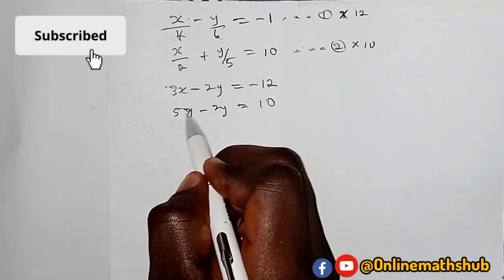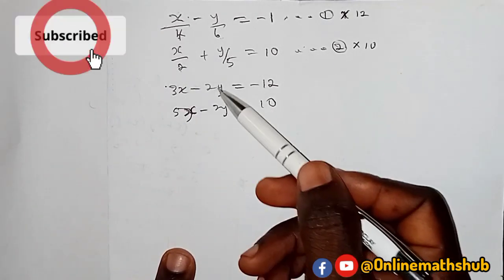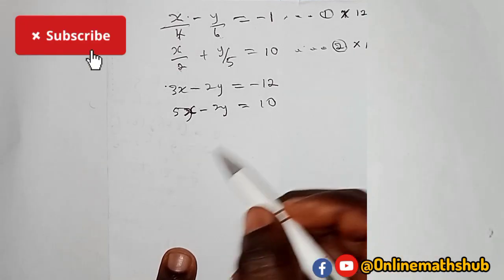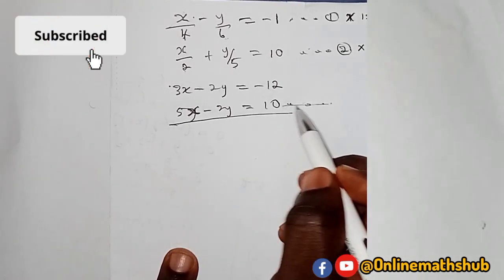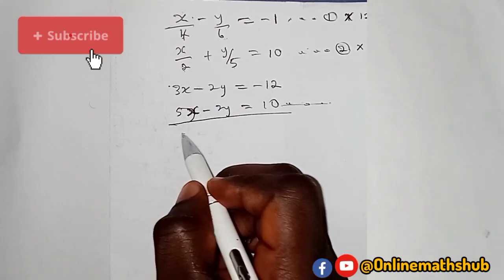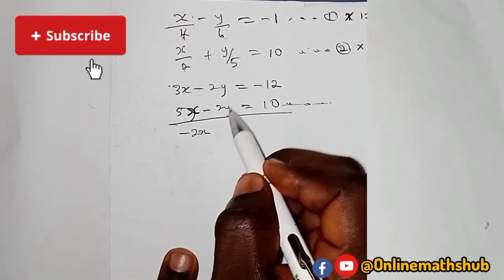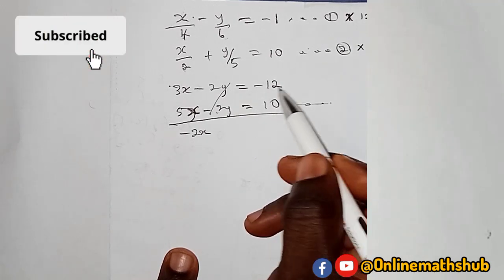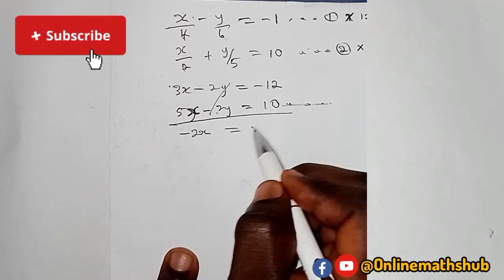Okay, sorry, this is 5x. So we're going to eliminate y in this set of equations right here, and to do that we're going to subtract the two equations. So we'll subtract this one from this. So what we're going to be doing is 3x minus 5x will give us minus 2x. Okay, so minus 2y minus minus 2y should be gone, 0, and then minus 12 minus 10 will give us